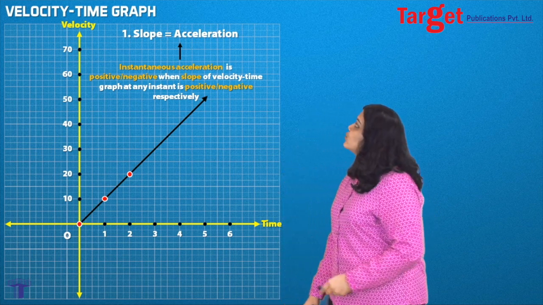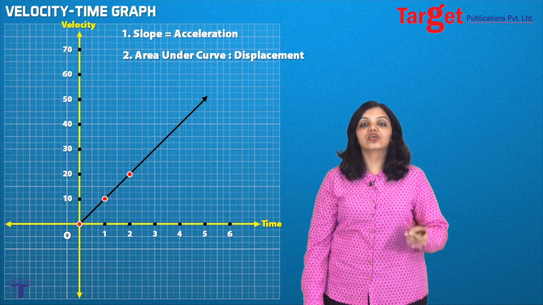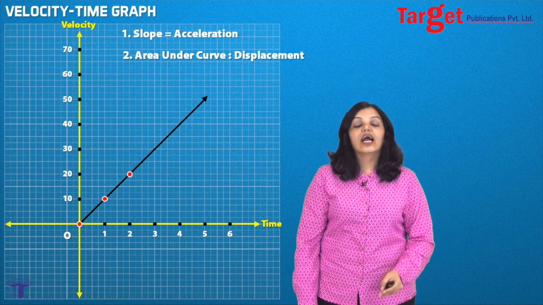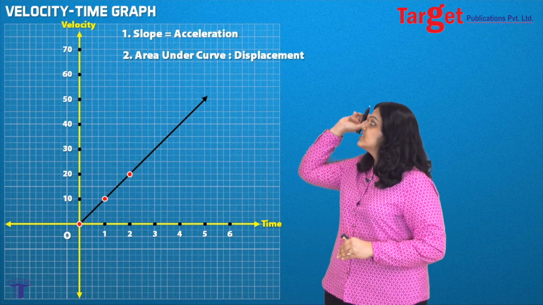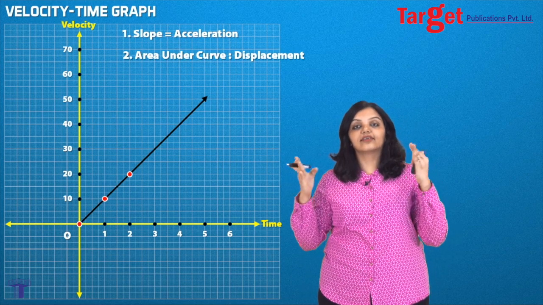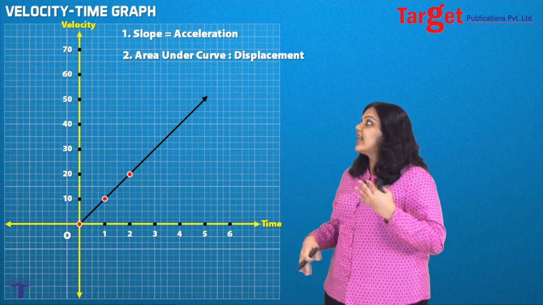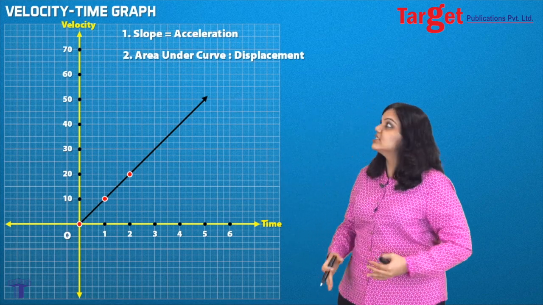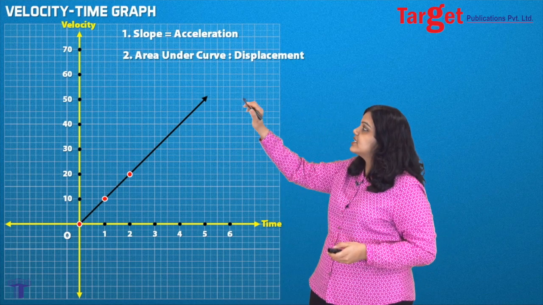Now let's jump into it. And if you remember, the second thing that we learned in part 1 of this lecture was area under the curve, and in case of a velocity time graph, the area under the curve will give you displacement, because we know area under curve is nothing but integration of v dt, and that is by definition displacement. So we move on and study velocity time graphs keeping these 2 points in mind.